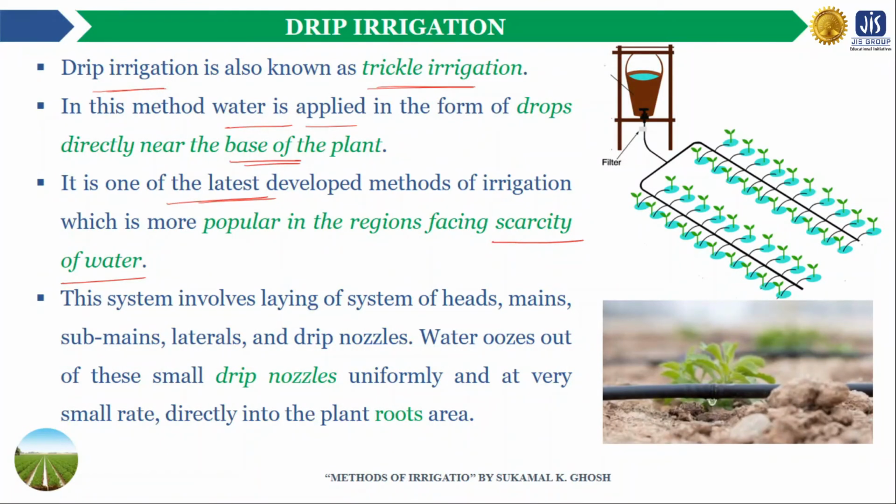Now the main components of drip irrigation system are the pumping units, the main pipelines, the sub-main pipelines, the lateral pipelines, and the drip nozzles or the emitters. Okay, the applied water in drip irrigation method oozes out of these small drip nozzles uniformly and at very small rate and directly, as I discussed earlier, into the crop roots area. Okay, now